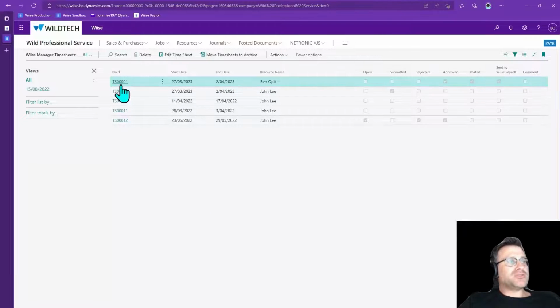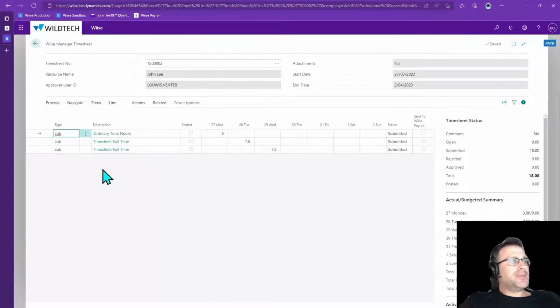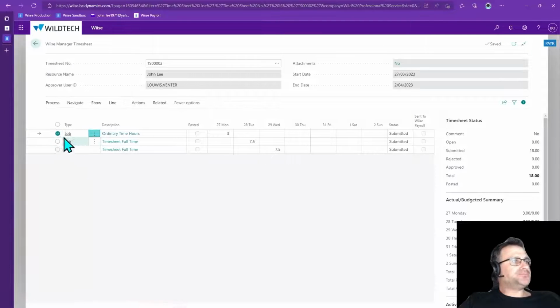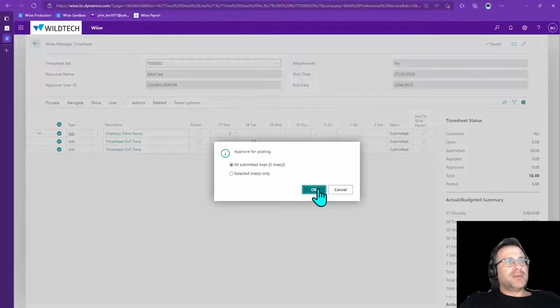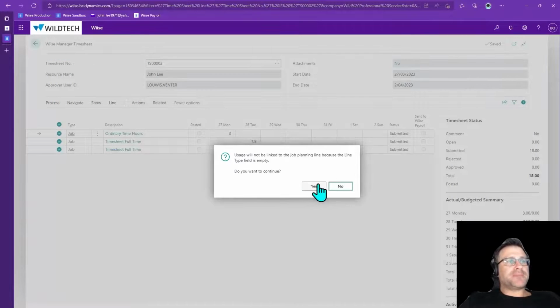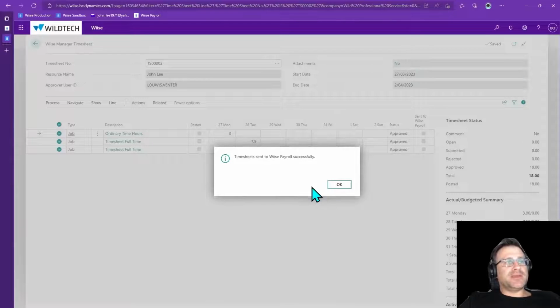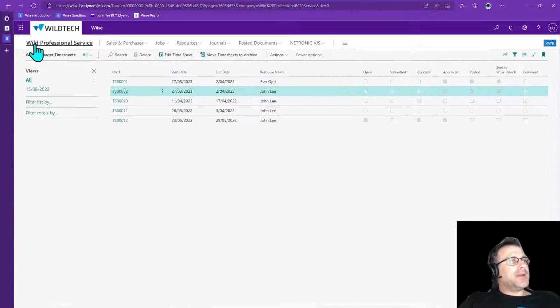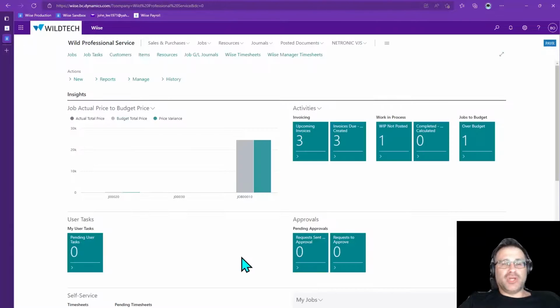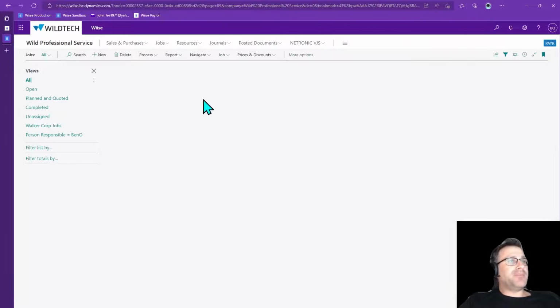There's one more timesheet, which is number 2, as you can see here. I'm going to select through those as well and go to process and approve and send off. So we are going to process these. Same message about the usage not being applied, but we will apply that in the job journal itself. So those have been submitted and approved, posted and sent to Wiise. So done. We've completed our job of approving the timesheets and having them flow through. So if we jump back into our job quickly,